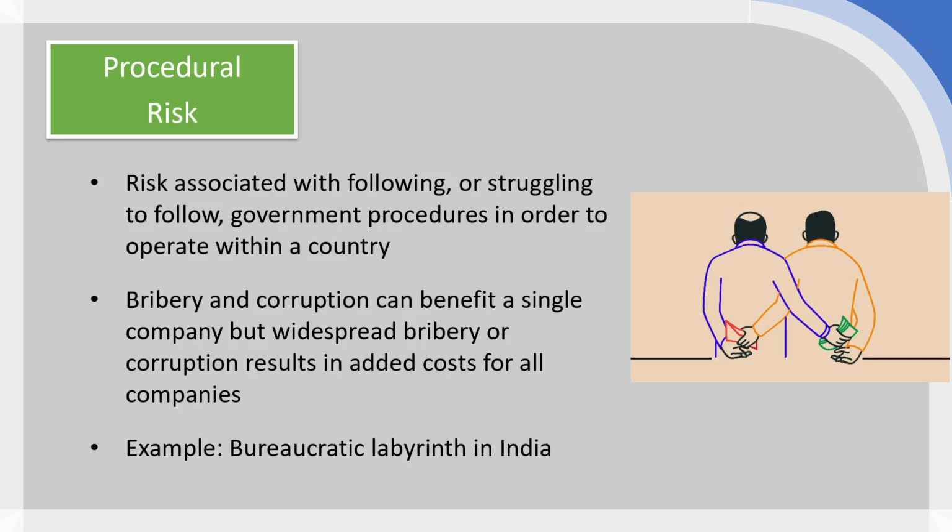And we've got lots of examples of this from pretty much every country in the world. A particularly famous example is the bureaucratic Raj in India, as it's often known. A very complex, large bureaucracy, both at national and state levels in India, creates lots of procedural risk, and there's lots of documented corruption and bribery within the system. So organizations considering moving into India or currently operating in India have to either price this in or consider the impacts of this on their business.